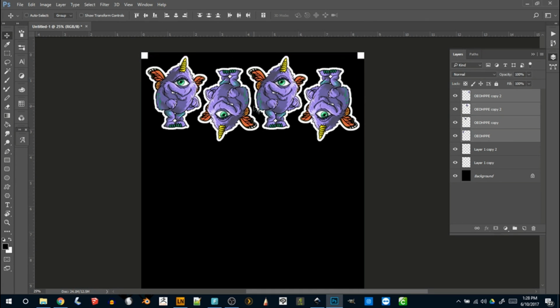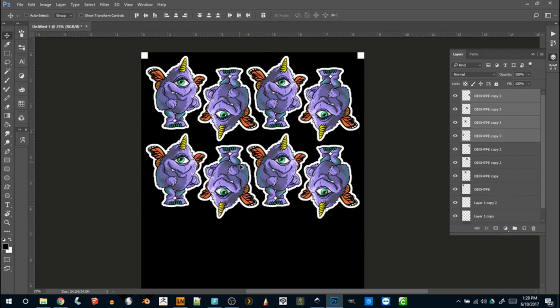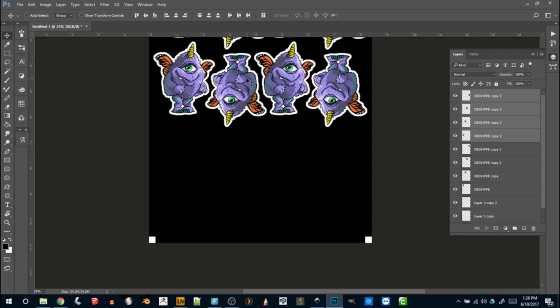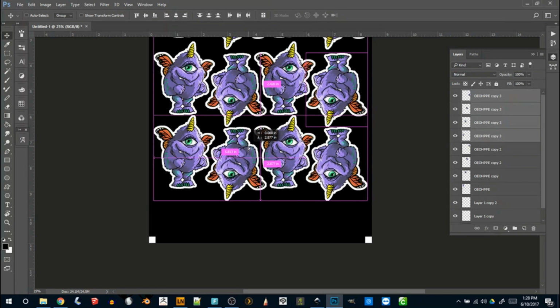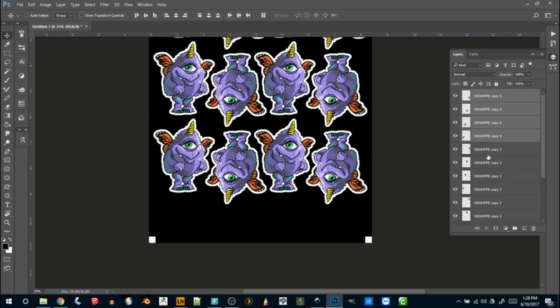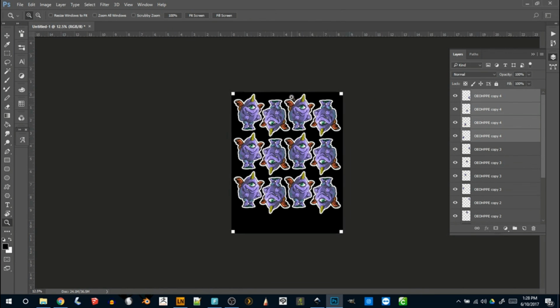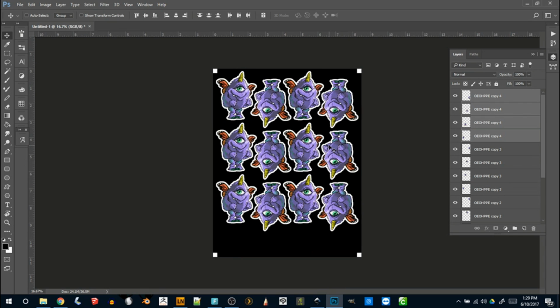Now they're still separate layers and they're still separate images. Again, Alt Shift, I can just drag down real quick. There we go. I can do it again, and you can see on the right hand side where the layers are being copied. You get copies of each image. Alright, that's it. So now all I've got to do for Design Space,